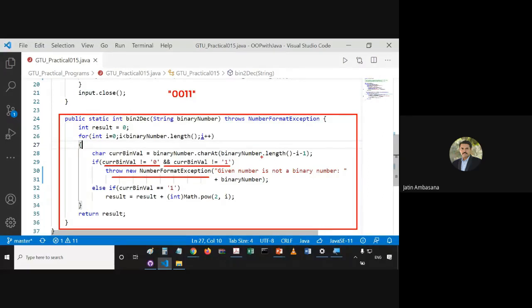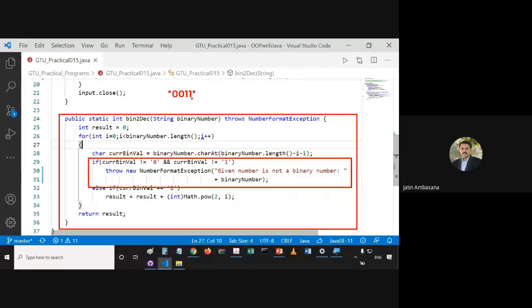So any character of this whole string needs to be either 0 or 1, because we want input as only the binary numbers, right? Now, if that is not the case, which is currently right now we have got this one in current bin value. So what we will do,